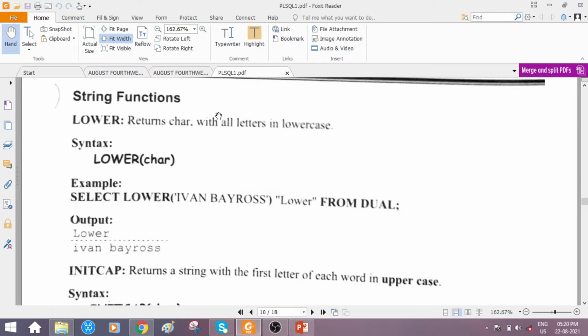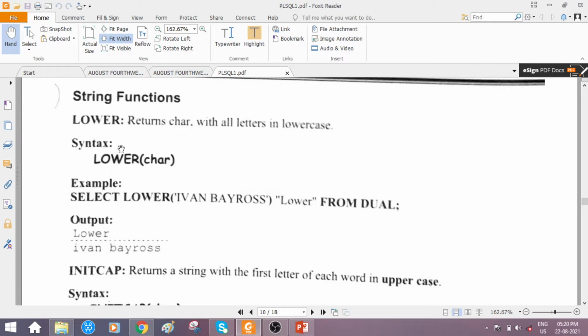All these functions are actually applied with the help of which table? The dual table, right? It is available in Oracle. It is a dummy table which is found in the data dictionary. What is the default nature of this dual table? It consists of one row and one column, right? And the default data it can hold is of character type, right? Yes. So just check out how we use this.